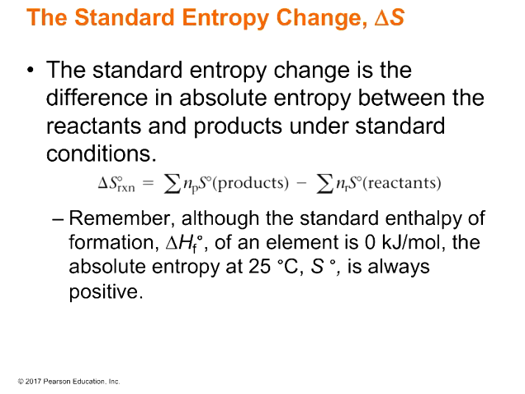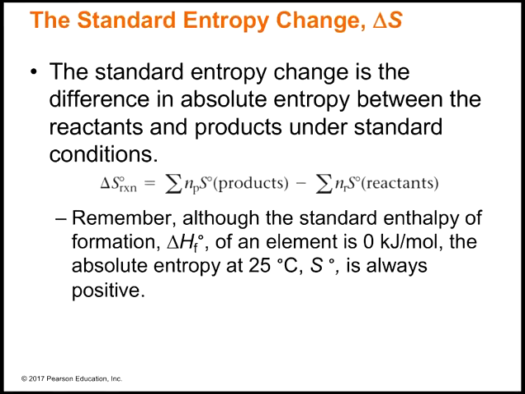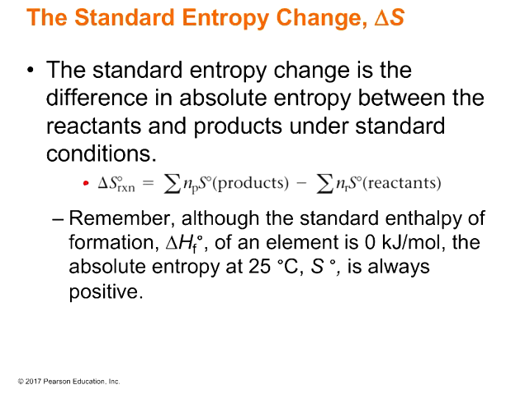So now that we kind of understand the relative standard entropies for different types of gases, liquids, solids, different complexities in our molecules, etc., let's talk about how we can actually calculate standard entropy change for a reaction. So the standard entropy change is the difference in absolute entropy between the reactants and products under standard conditions. So this must look very similar, hopefully, to the way that we can calculate a change in enthalpy